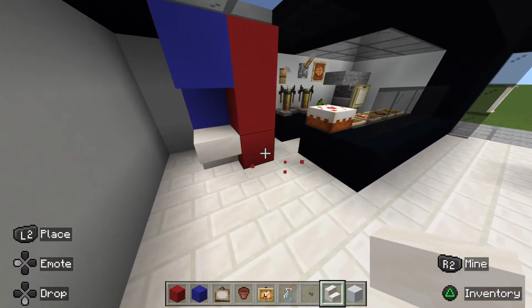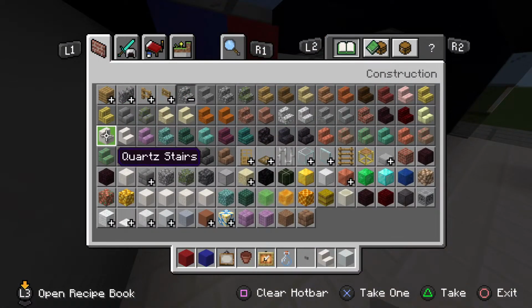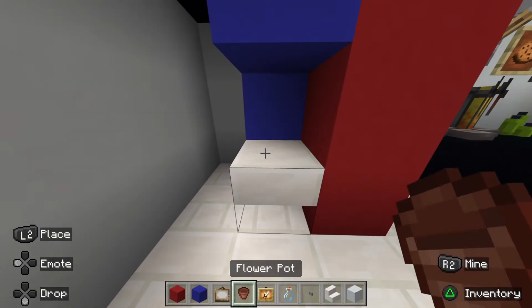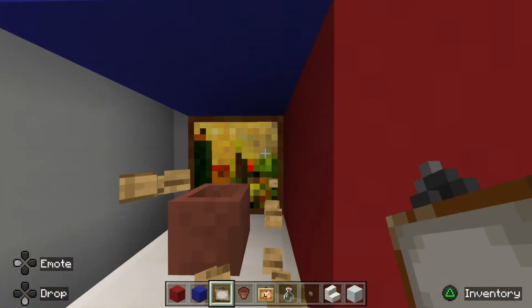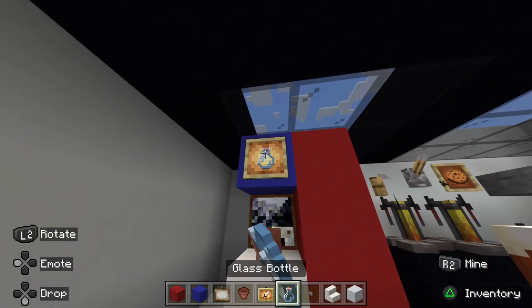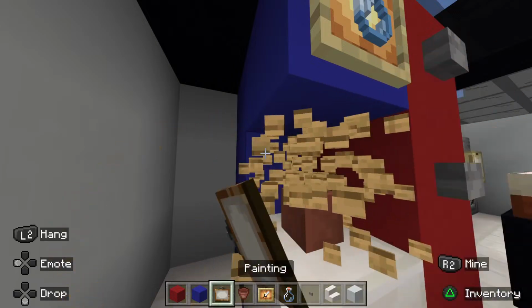Then we'll stick a flat. Oh, a normal one. We need a normal one. On top of the stair, a painting behind us, then a glass bottle in a blue lighting frame above where we have the pump, a couple of stone buttons to the right of this, and now I finally decided that I